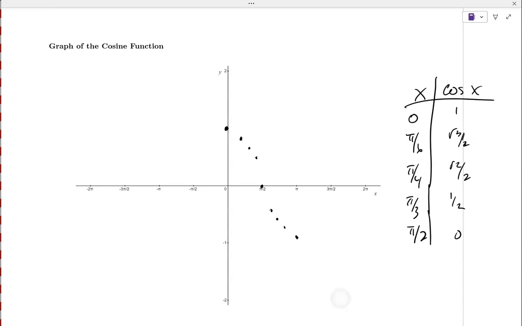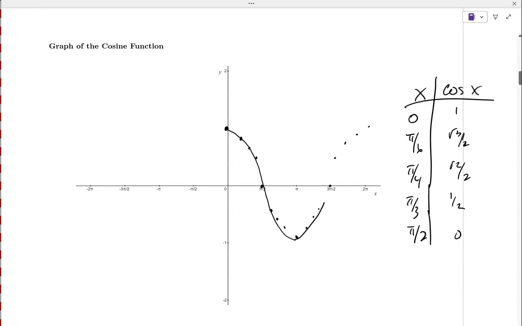Okay. From pi to 3 pi over 2, what quadrant are we in? 3, right? Cosine positive or negative in quadrant 3? Negative. So we'll come back up again. Same values, we'll just come back up again. And then finally, 3 pi over 2 to 2 pi is in quadrant 4. So we'll go back up again and top out at 1. And so we'll get a graph that looks like,